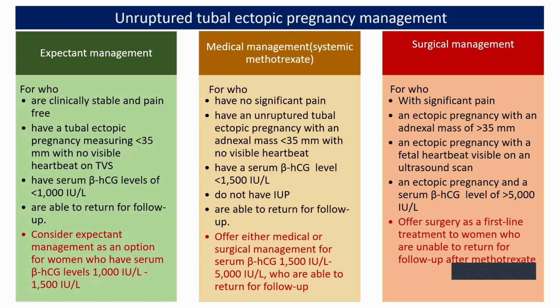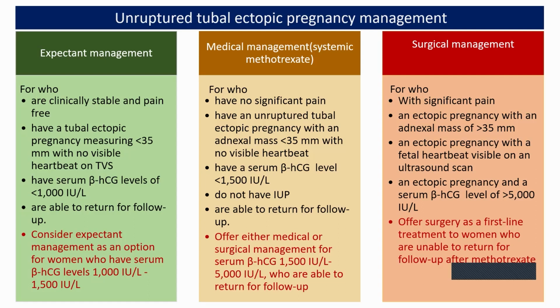And in such instances, if the patient is having trouble with follow-up, or if she is not willing for a methotrexate treatment, we can offer surgical management. Or if the initial beta HCG value is less than 1,000 and there are no indications for surgical management, we can offer them expectant management. In expectant management, we would be doing nothing and we'll be monitoring the patient to see whether she goes into rupture of the ectopic.